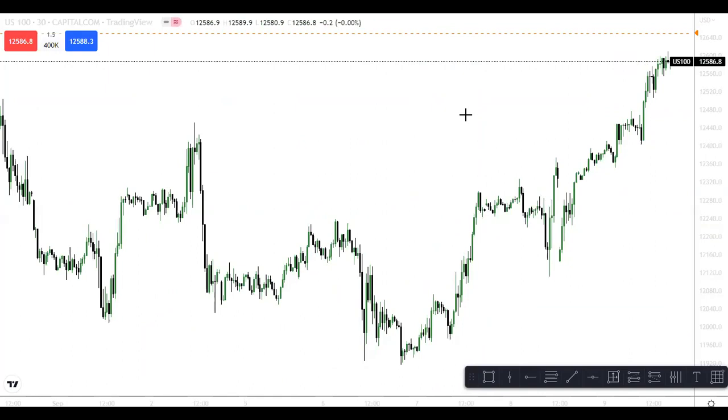What do you use other than TradingView? MT4. I literally live on trading on MT4. But